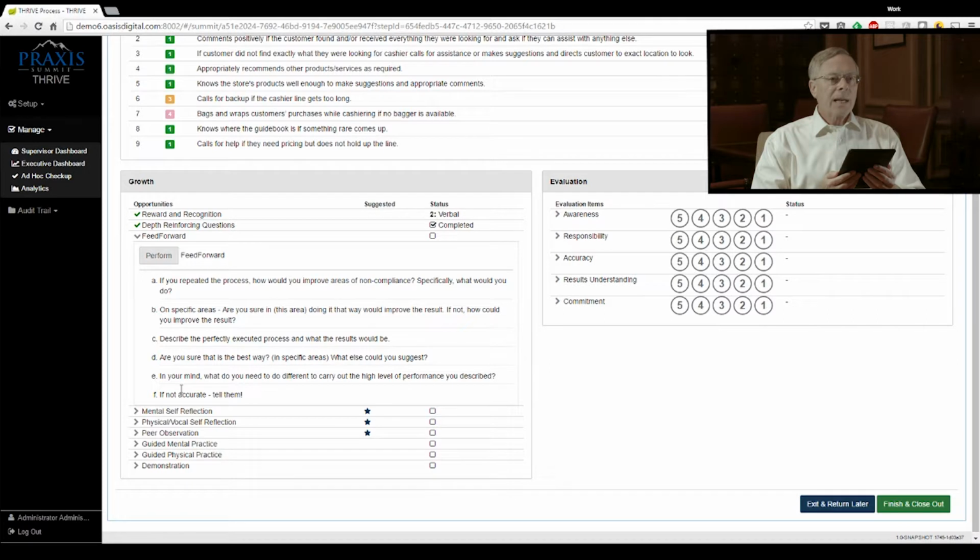It's a telling practice. It's telling somebody what to do, and we don't want to guide the supervisor to tell somebody that you didn't do it right and this is how you ought to do it. We want the employee, from a learning perspective, to come to their own conclusion on what the best practice is. So feed forward